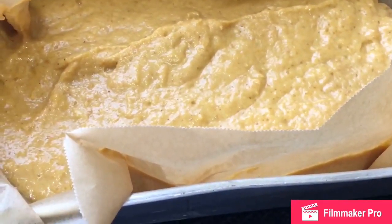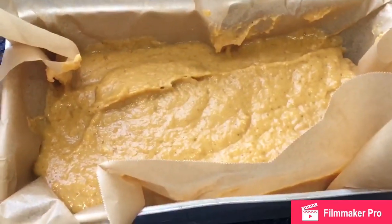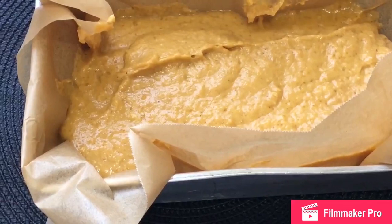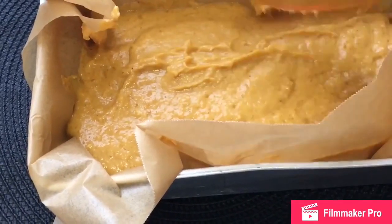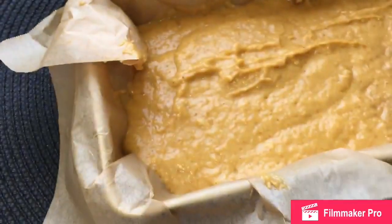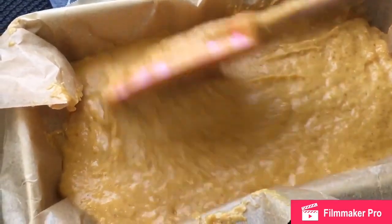Remember, you don't ever want to fill your pans when you are baking the cake or whatever, right? We have rising when it hits the oven, because in there are two sets of rising agents. So remember, I use baking powder and soda, right? Yes, I did. So you don't want to fill that because it's going to come up, and then you might have a volcano in your oven, and you know, won't make a pretty presentation after you work so hard. Nice. Let me just make sure it's